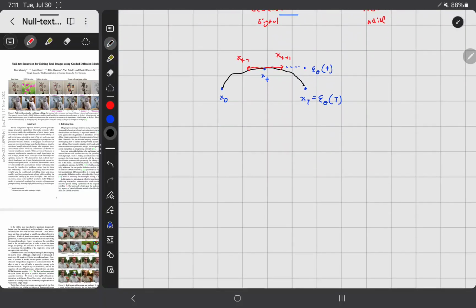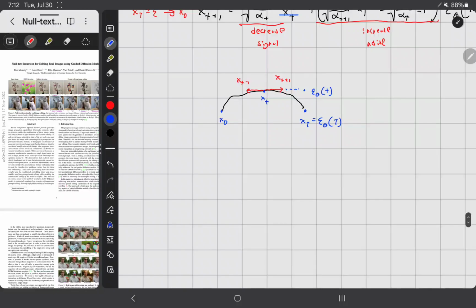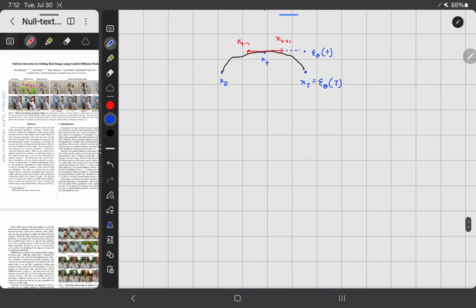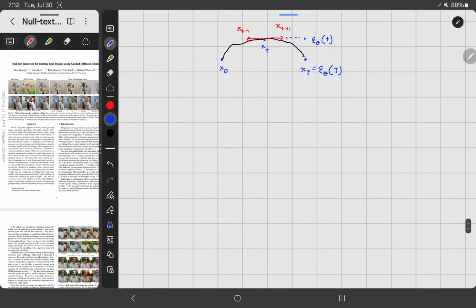So that's nice. So how do you make an edit? So we now have this process where we can invert DDIM, and we can go forward with it. So we now have this process where we get this latent. Who cares? How do we edit it? So a naive way to edit this is to